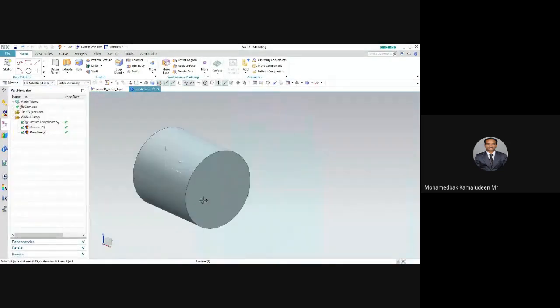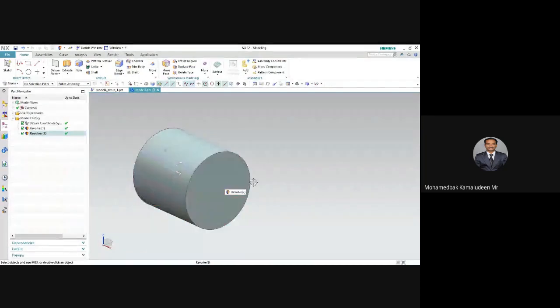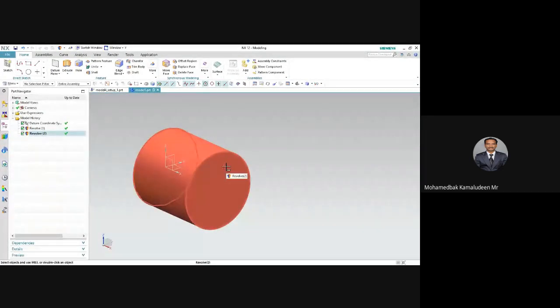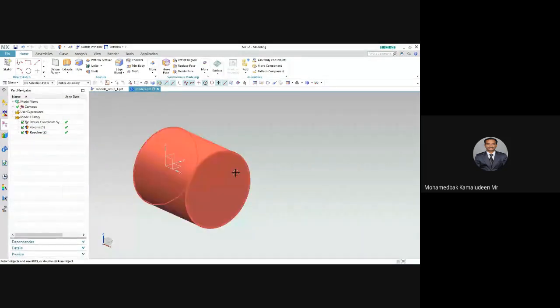Okay, so now the circular plate is the original component, but inside, the part is hidden. I want to see the hidden part.